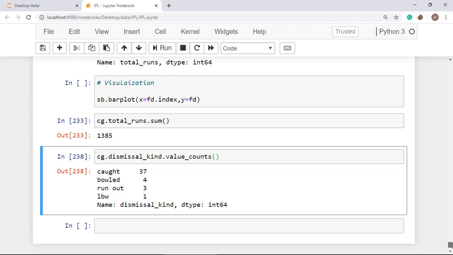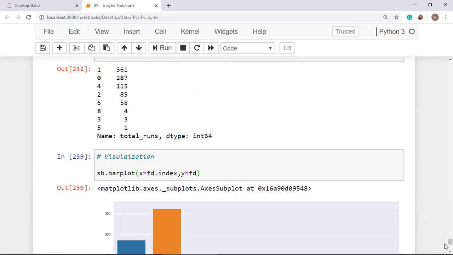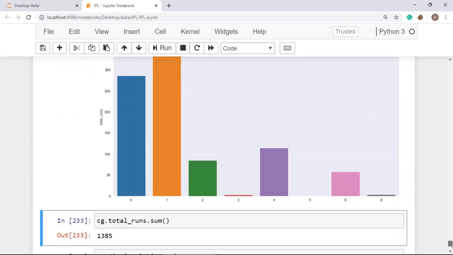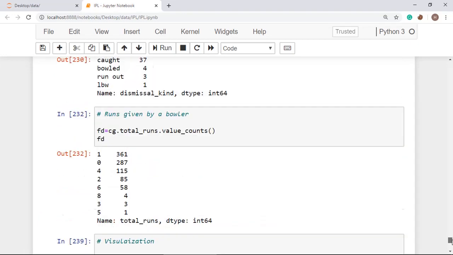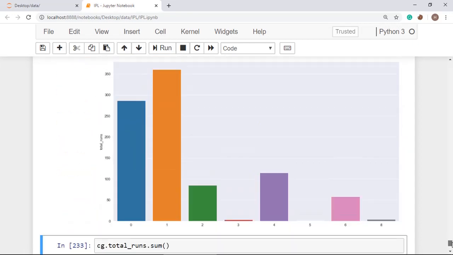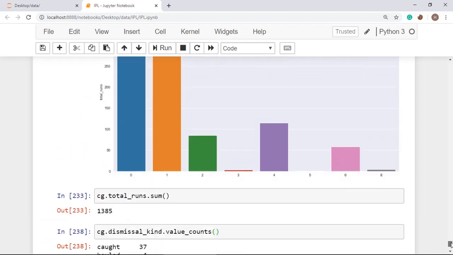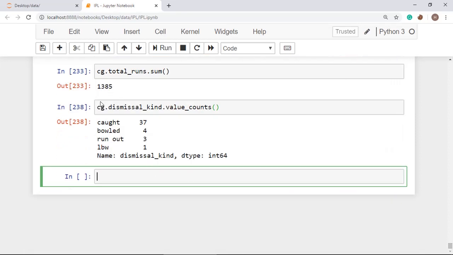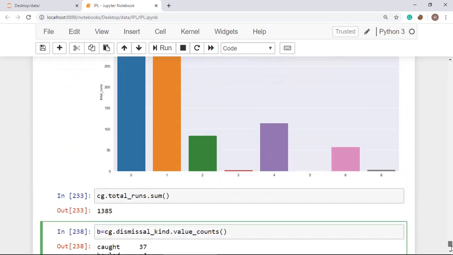All right, in this manner you can perform this, and you can also plot a graph for the dismissal kind. Here is the dismissal kind, and how many runs are given by Hardik Pandya, you can see here. You can also plot the graph for dismissal kind, so you just have to use sb dot bar plot and put this value count as variable b, and use the same syntax as we have used above.